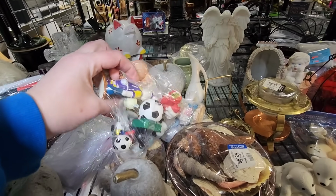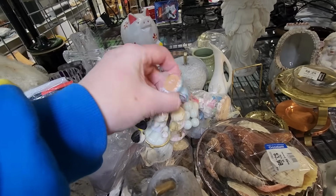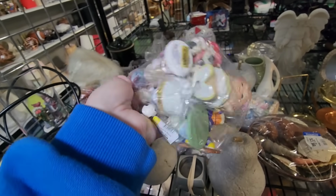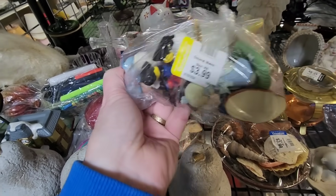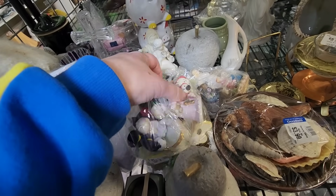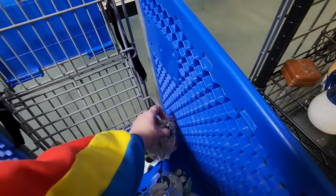I found this bag in the back here. I thought that was at first a Smurf figurine. It was not. It's a Mickey Mouse player. But then I saw this cute little Capodimonte elephant. It had the Capodimonte imprint on it. There was a really sweet little Miss July figurine in there, and I thought, well, I want it just for this elephant. And it turns out I sold the elephant and Miss July on Whatnot. And then there was also a little marble dog, kind of a Snoopy-esque little marble dog that I also sold on Whatnot as well. So I bought that bag just for those three items,